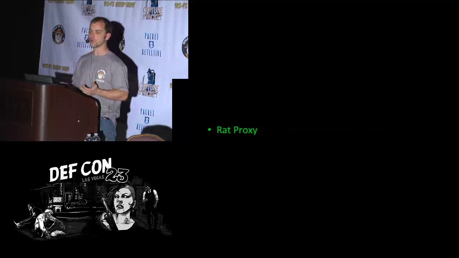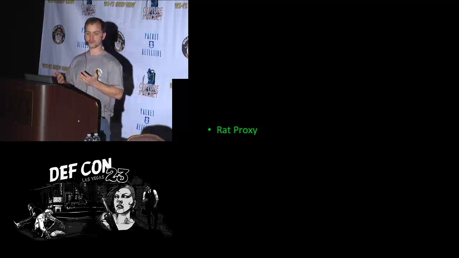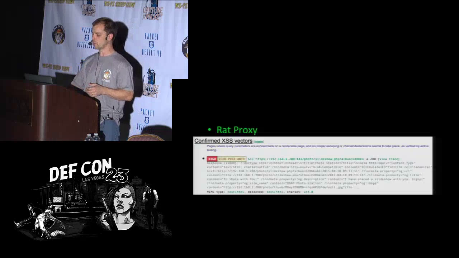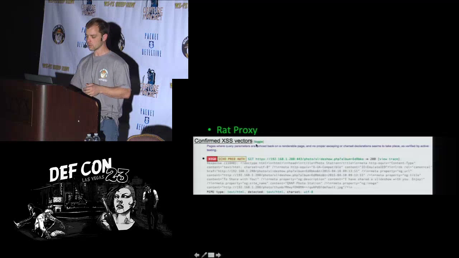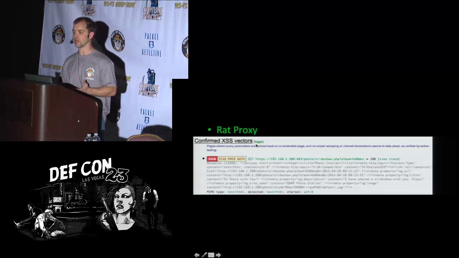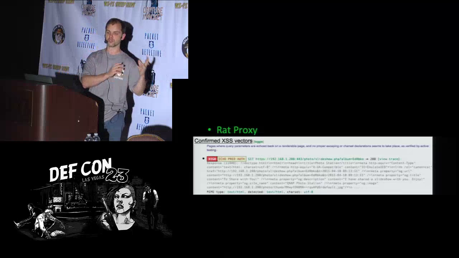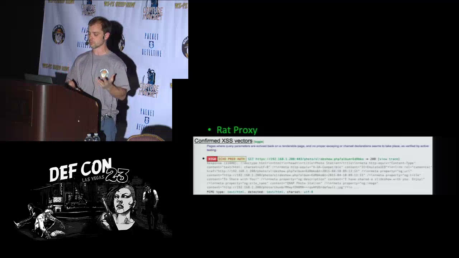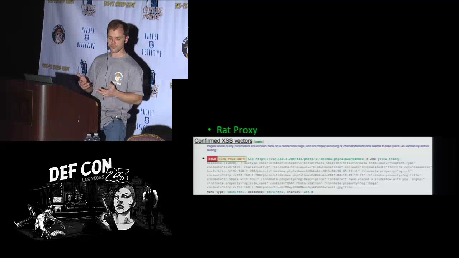So I fired up a tool called RatProxy. And RatProxy is a simple tool. You use it as a proxy, and you exercise the web server. And what I found was another cross-site scripting attack. So the prior attack was called a persistent cross-site scripting, where it's stored in the server, so it stays persistent. This one that I found is called a reflective.